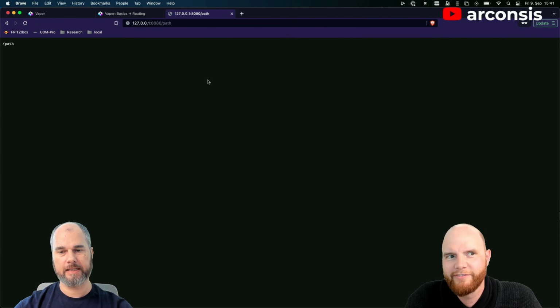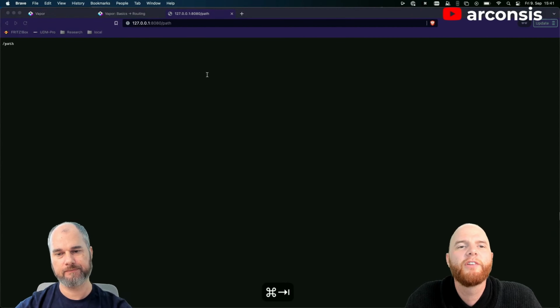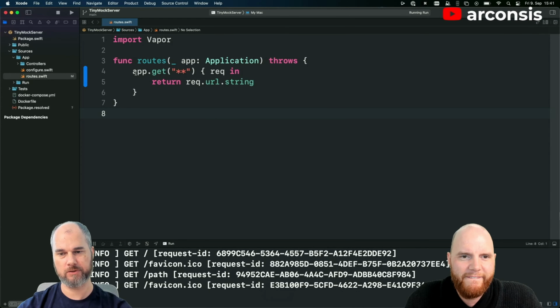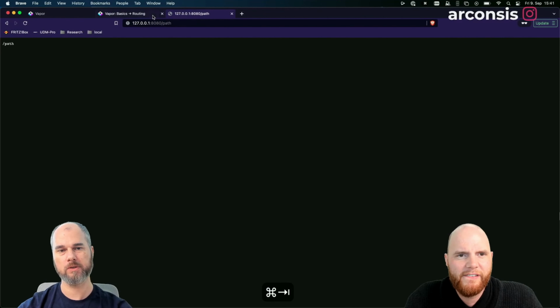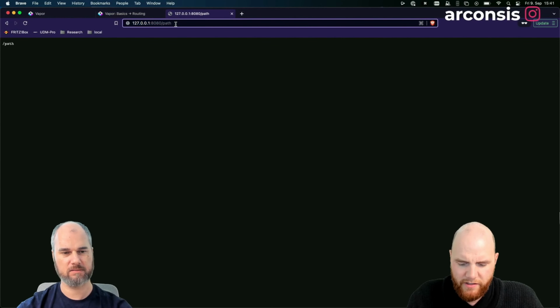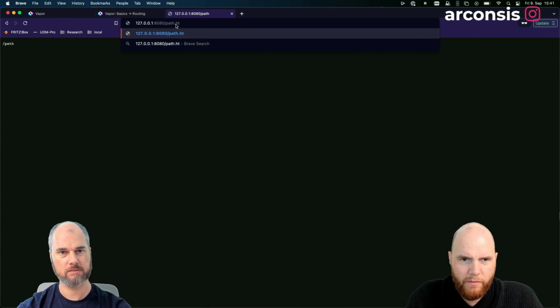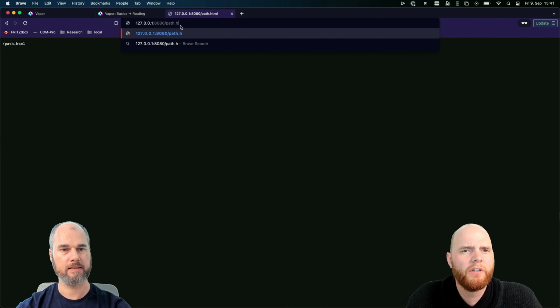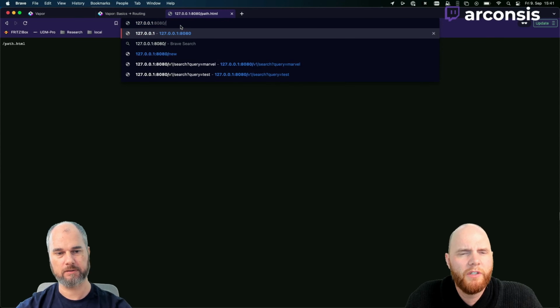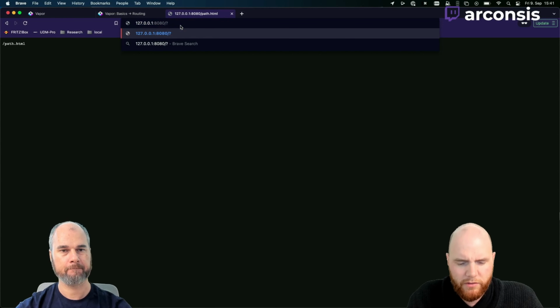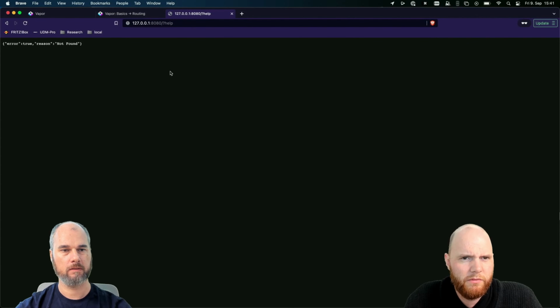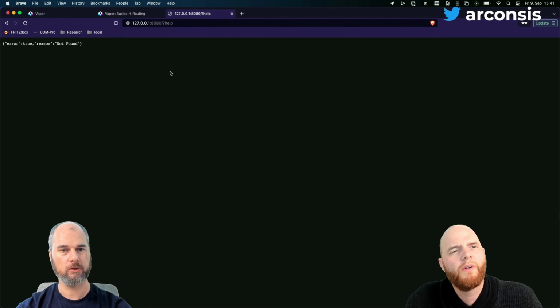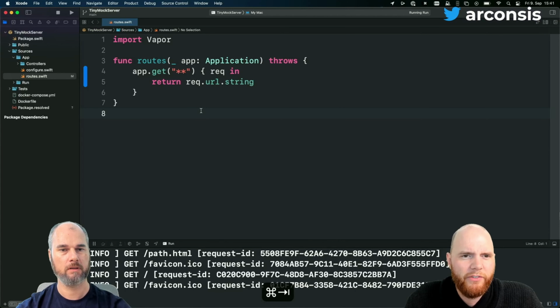Interesting. So it catches only path elements. So if you don't have a path, so just a base URL, that doesn't work. So maybe you have to add something in front of the stars. What about if I do this? Yeah, so it gets basically everything after the path. So interesting, no parameters. Yeah, so I guess I do need